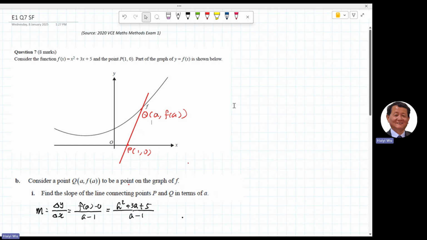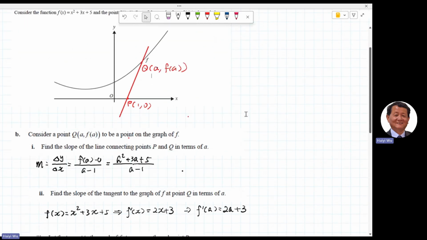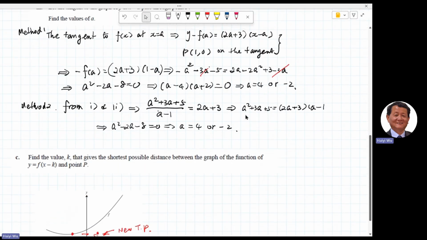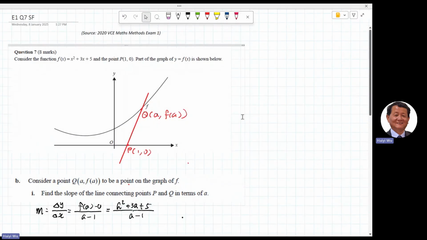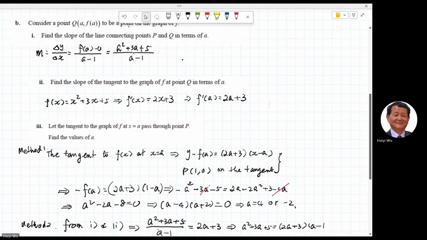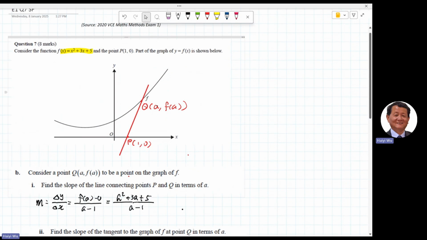Now today we're going to show you how to do these questions. We got several interesting questions, especially the last question. We have a quadratic function, a parabola, x squared plus 3x plus 5. So therefore, we're going to find out